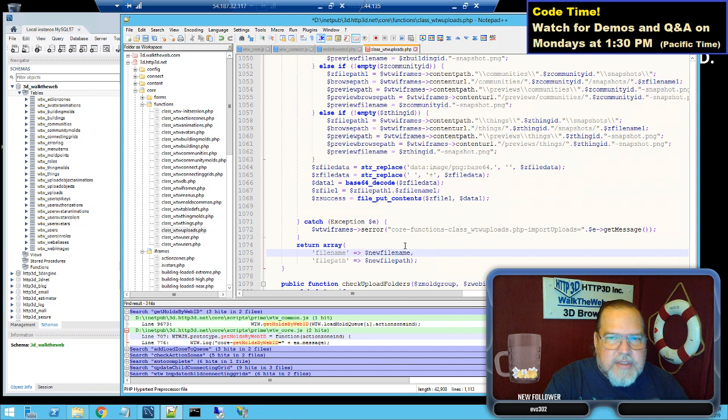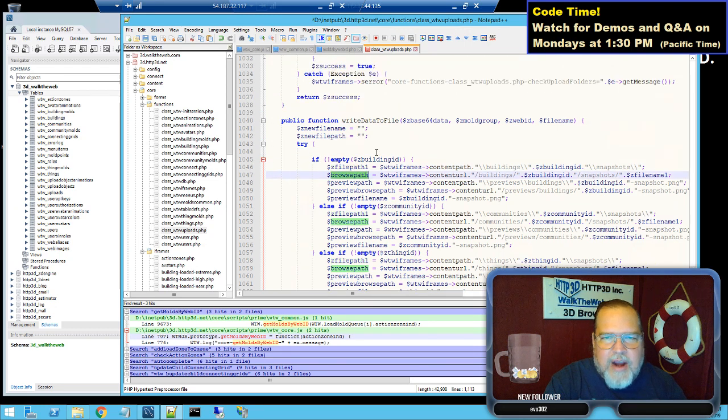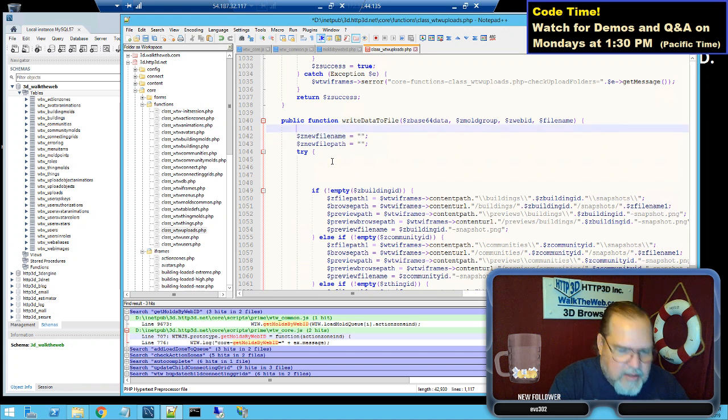Okay, so now what we've actually done is we have put this in here. We're going to be returning these paths as we figure out which path we're going to use. I'm going to be looking to make sure that we don't have a duplicate file in its place. We're going to look at the duplicate names. We're going to make sure it's clear before it actually tries to do it. So there's another piece of this. We have the file path, which is where we're writing it, and then we have the browse path, which is where we are putting the files. So we're not going to need all this stuff. We are going to need iframes, content path. So we are going to need global